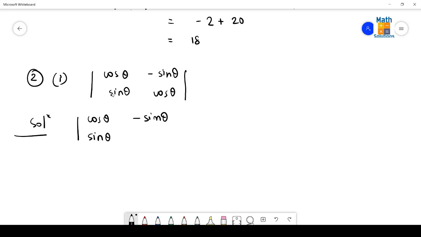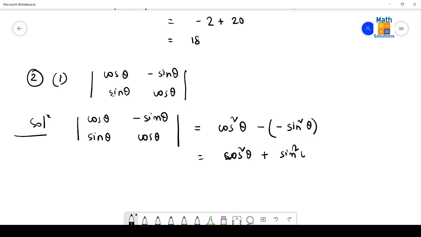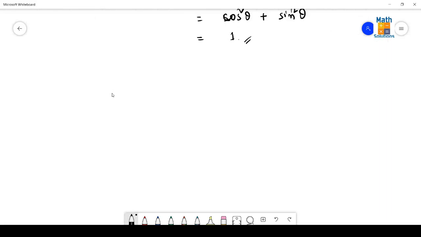sin theta, then cos theta, that is equal to cos theta and cos theta will be getting multiplied first, cos square theta, followed by minus sin theta and sin theta. If it gets multiplied, then it seems to be like this. So here in this case this is cos square theta plus sin square theta. So the result will come as 1. Answer is 1 here. Then coming to the next question, Roman 2.